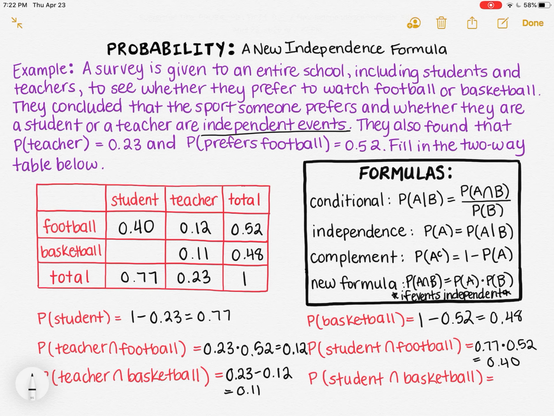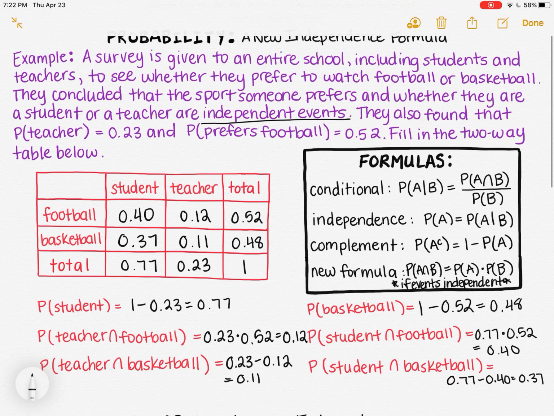So I'll put a 0.11 in that box. And I can do the same thing with the column that says student. I know that 0.40 and the missing value need to add up to 0.77, so I can take 0.77 minus 0.40, and that gives me 0.37. So I'll put that in the last box. And you can always check your work